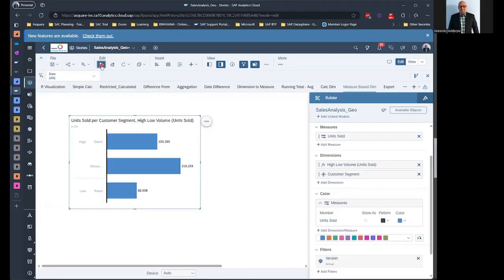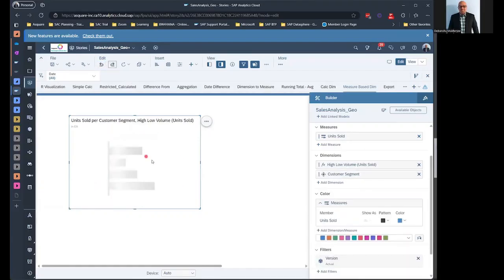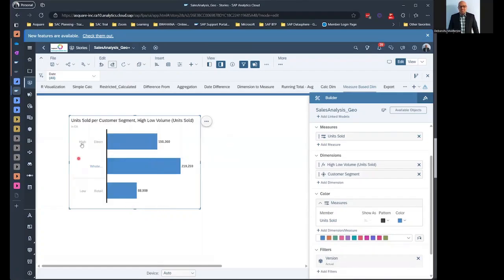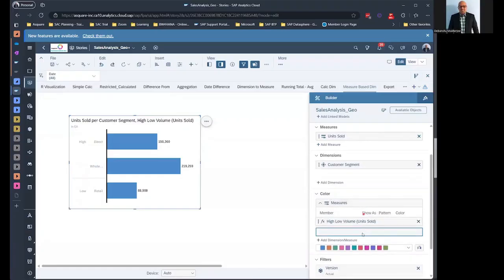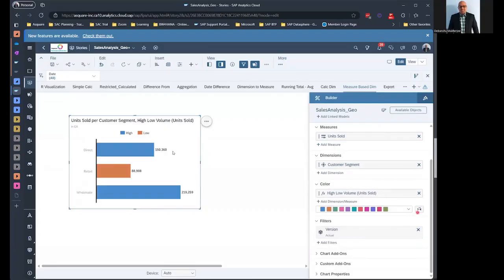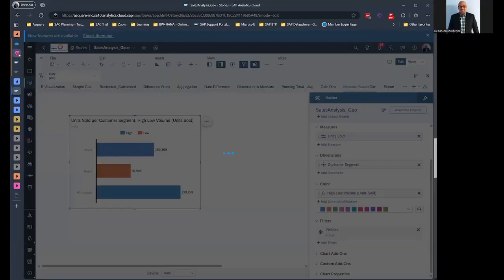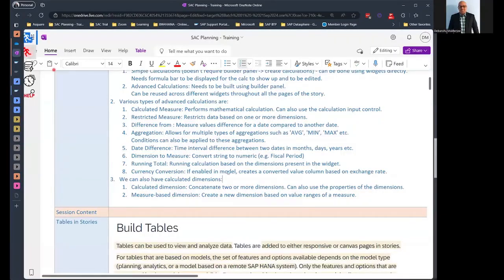We'll go back. You can also have multiple dimensions. There is no stopping you. So you have the high, and under high you have direct and wholesale, and then you have low. Under that you only have retail. So all those things you can do. And if you want the color as well, you can drag this in the color as well. So that way you will have this. That is what is called measure-based dimension. That's what we discussed. So those are the types of advanced calculations you can do. So please remember this. For date, if there's a question,